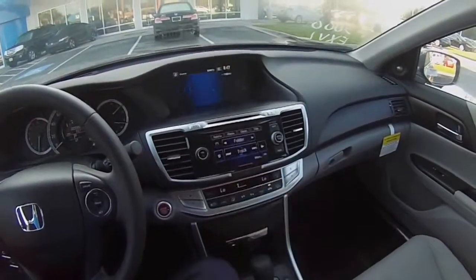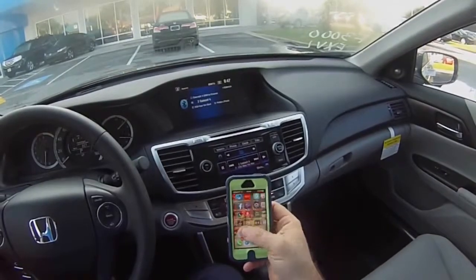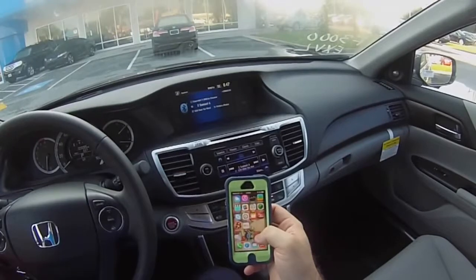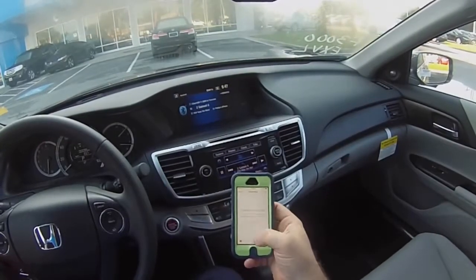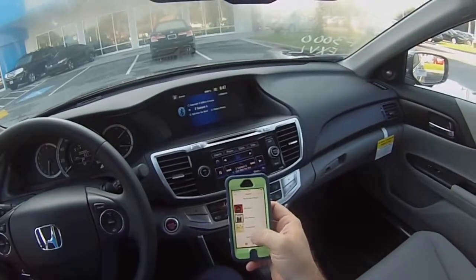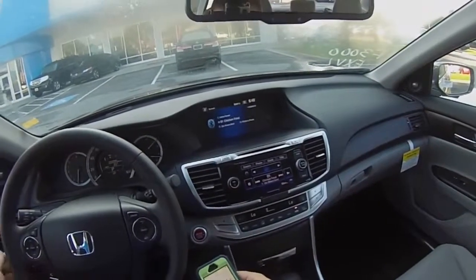Another awesome feature that I love here is I'm going to click on source on the display, and I'm going to go over to Bluetooth. So right now I'm on Bluetooth, and like I was telling you, I can do a couple different things. I'm going to show you here. I'm going to go into my music, hit the music. I can go to playlists. I can scroll down. I can click on the Zac Brown Band, click on Chicken Fried, and